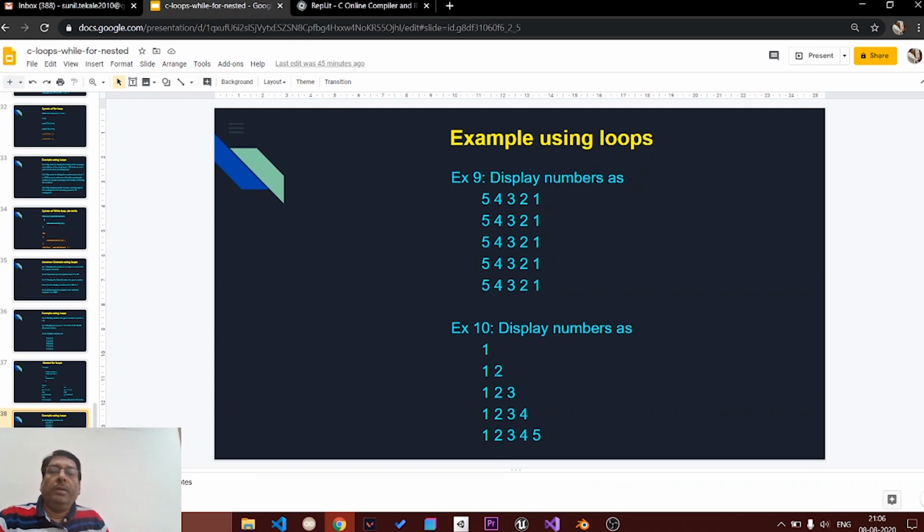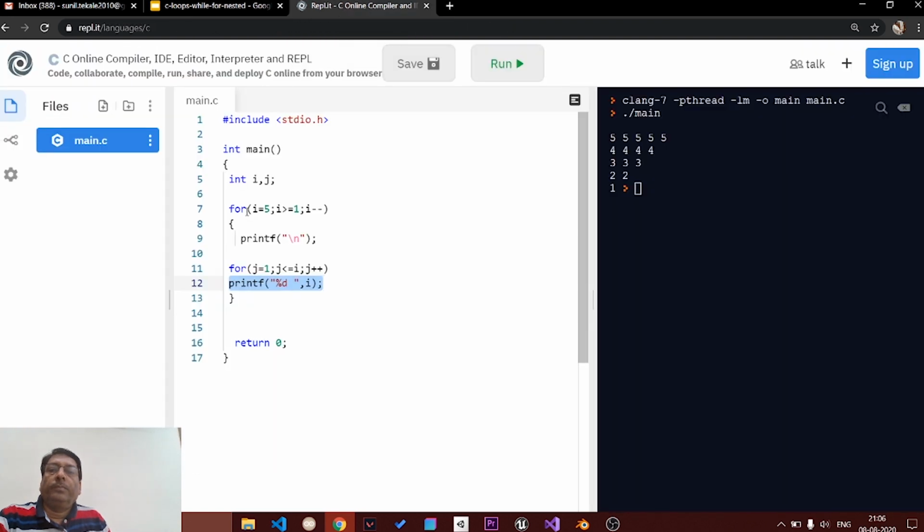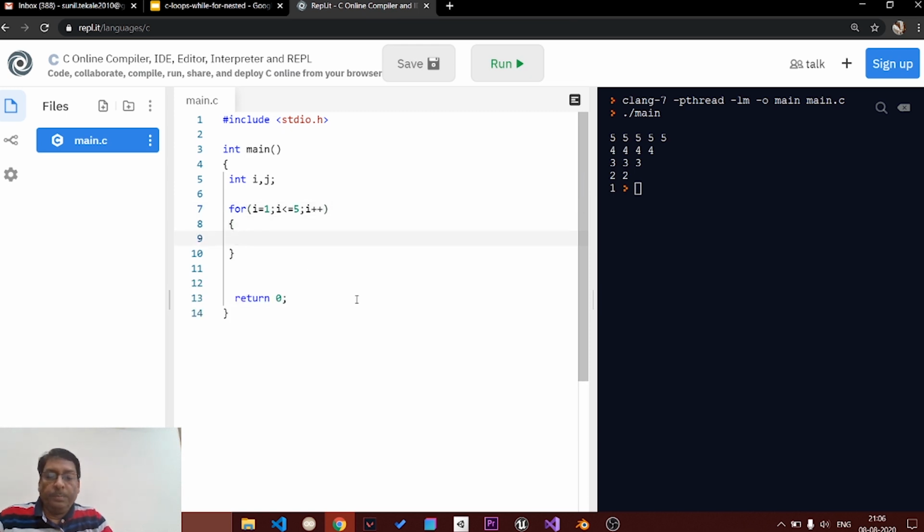We have also written a program of this kind here, and then you can go to the next program, wherein you want to display all ones, all twos, all threes, 4, and then 5. So how are we going to do this? What do you want there? You want 2 for loops again, because you have a number of rows and a number of columns. You run the first for loop for 5 times, you run the second for loop for